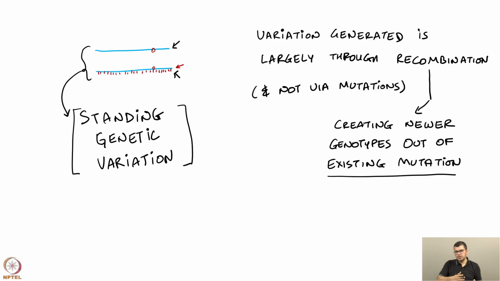Simply waiting for new mutations to occur and then test those out by natural selection as to which ones increase fitness may not be the best strategy, and hence recombination is a great strategy which speeds up the ability of a population in terms of its adaptive speed in how it responds to environmental challenges.